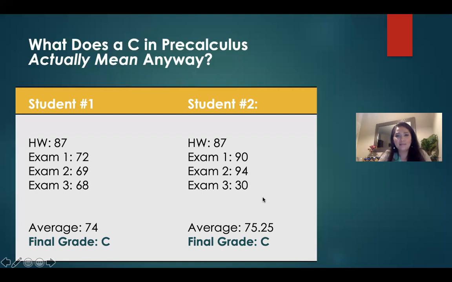Maybe someone died. Maybe something horrible happened, a pandemic, and all of a sudden you lost your job. You have to take care of your kids while you're studying. Like all kinds of things happen. But for whatever reason, this student bombed exam 3. Now, if these were grades from a traditionally graded pre-calculus class at TU, I would know exam 3 covers trig, and I would know the reason that student number 2 got a 30 on exam 3. Well, I can't tell you the reasons why they performed poorly,